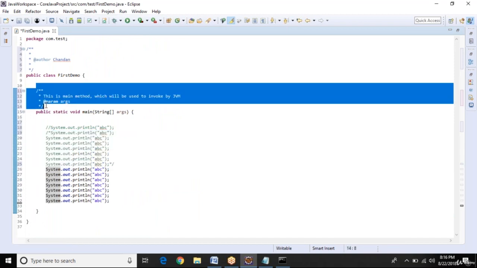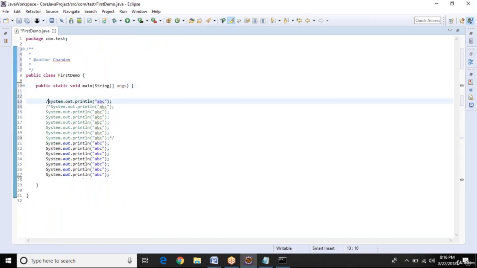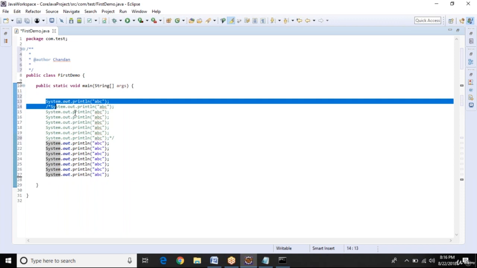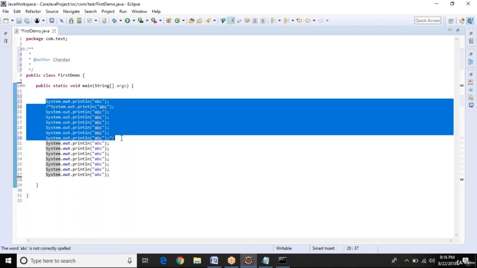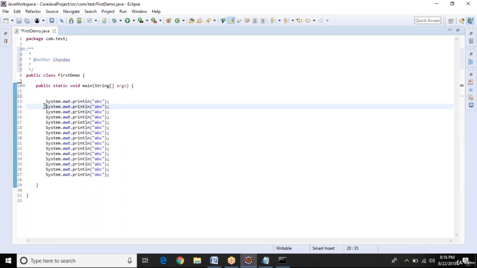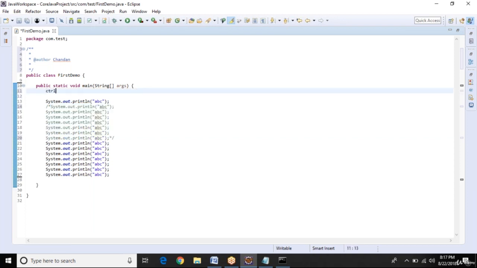Now we have shortcuts as well for this. If you want to make a comment for selected lines, simply press Control Shift and then forward slash. This will make a multi-line comment.